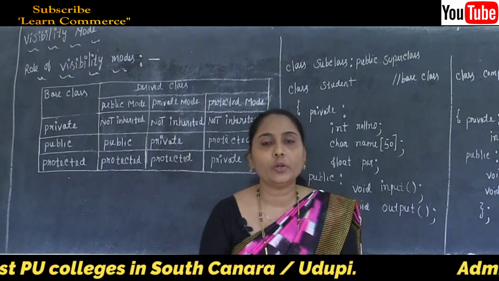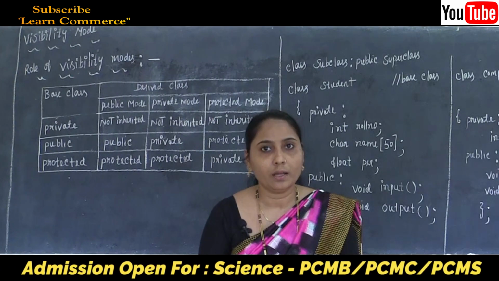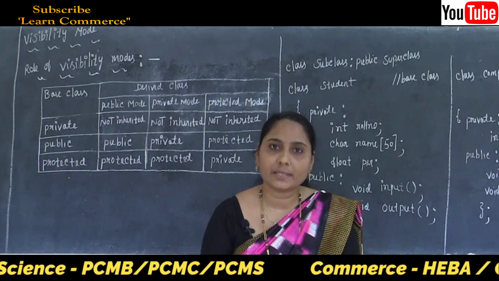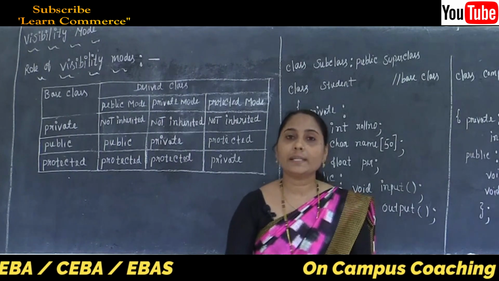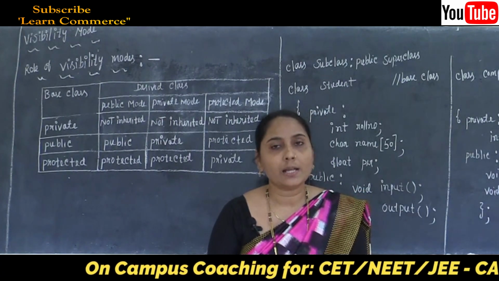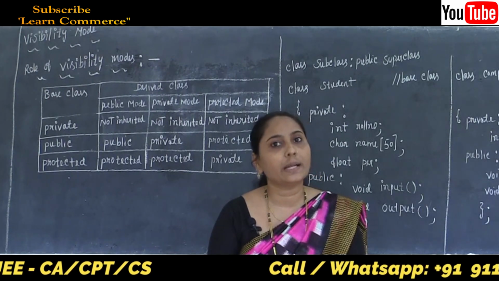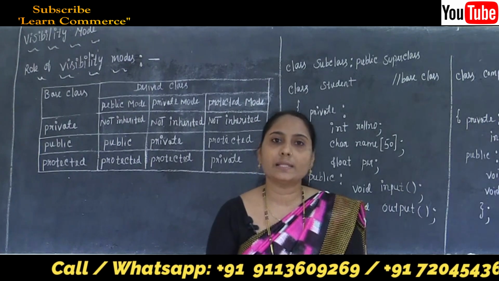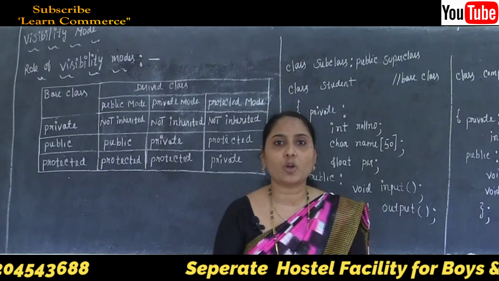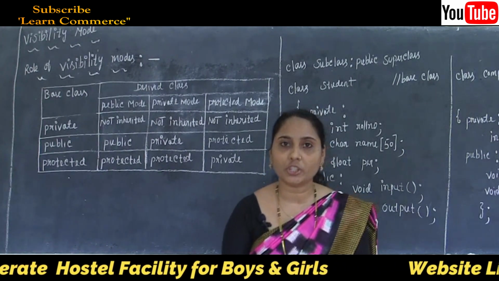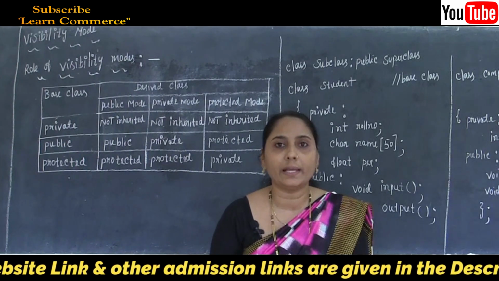Why? Because we know that in the concept of inheritance, there are two classes. The first class is called the base class, which is also called the super class. And the second class, the derived class, is also called the subclass. And also we know that the derived class is constructed by using our base class. So this is the concept of inheritance. That means the definition is the capability of one class to inherit the properties from another class.